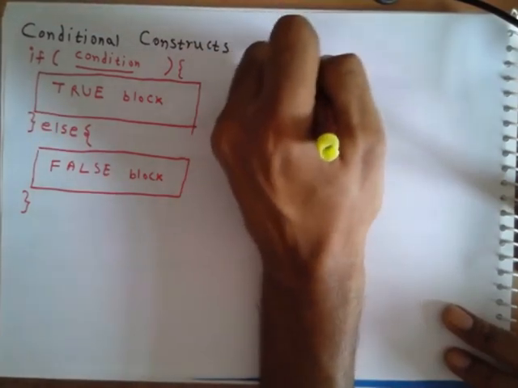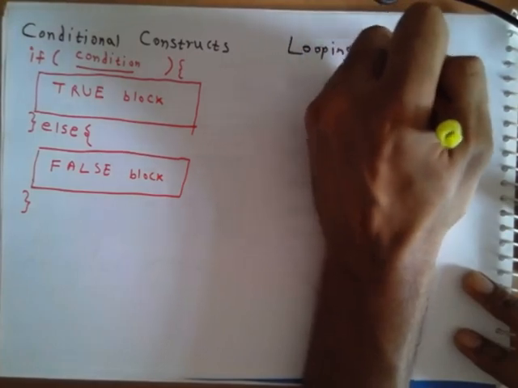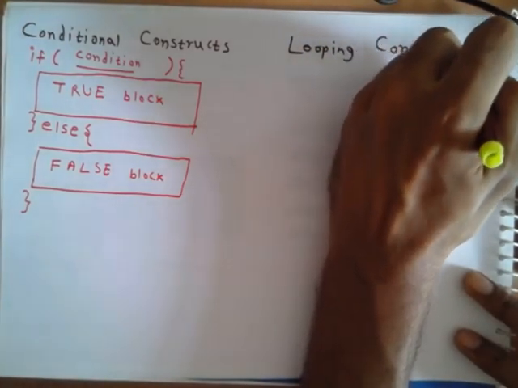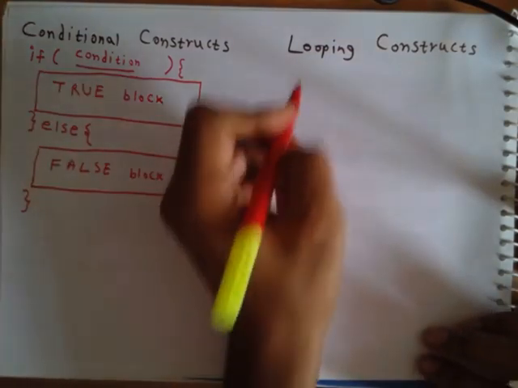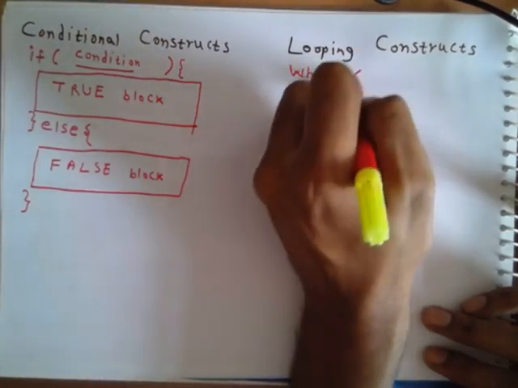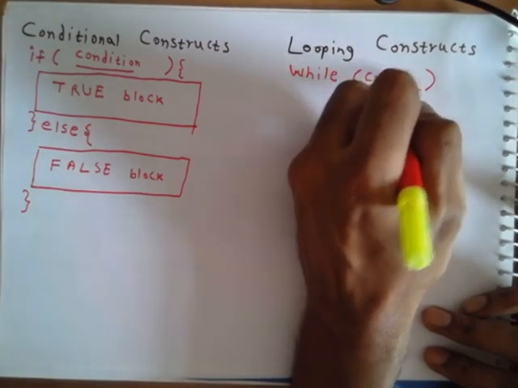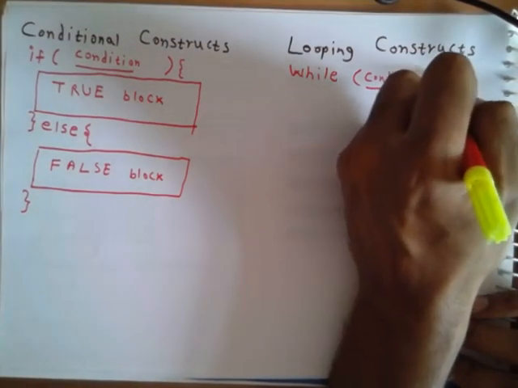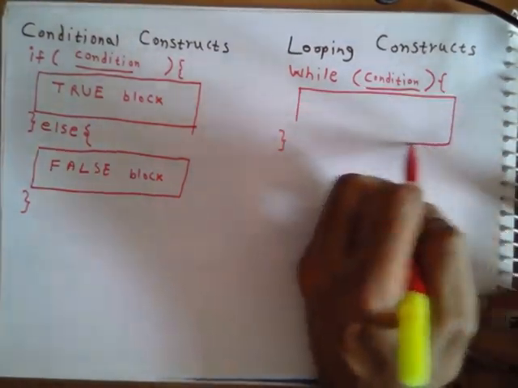And then we will sometimes require the looping constructs. So a block of statements, sometimes we want to execute it not just once but multiple times depending on a certain condition. Okay, so the simplest looping construct that we are going to use is while. Okay, while, and we are going to specify a particular condition which again evaluates to be just true or false, and then we'll provide a block of statements that we should execute if this condition is true.